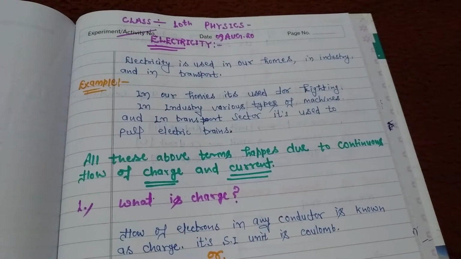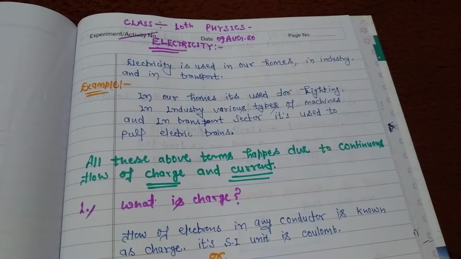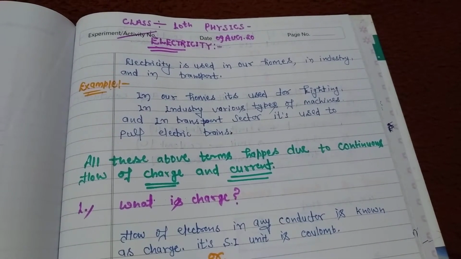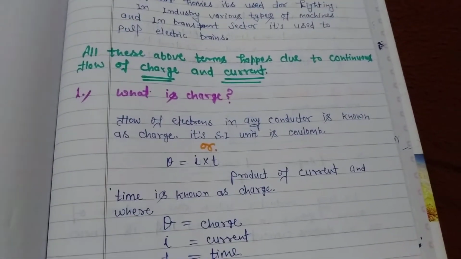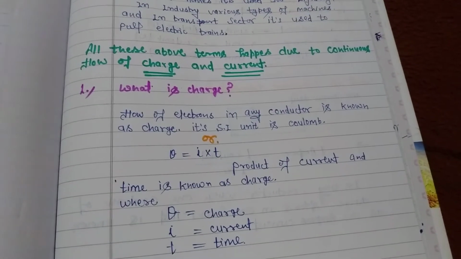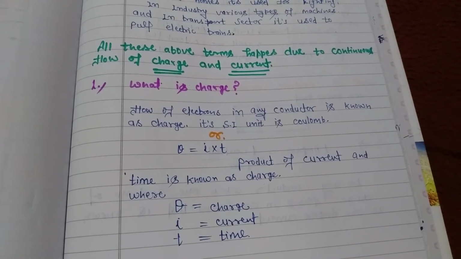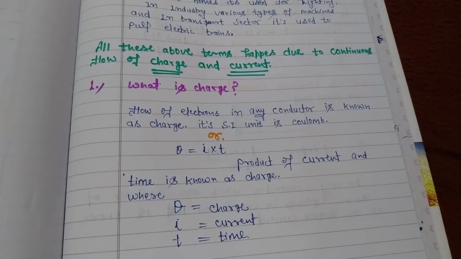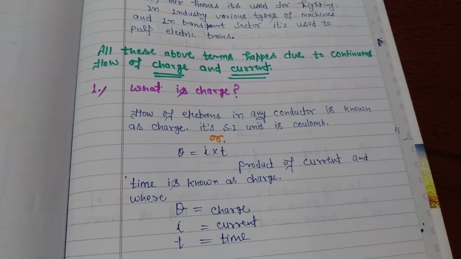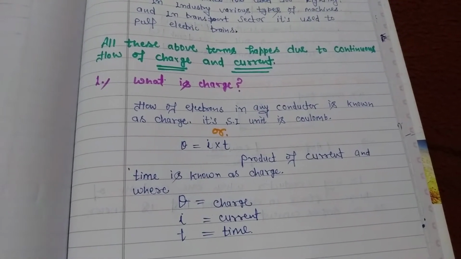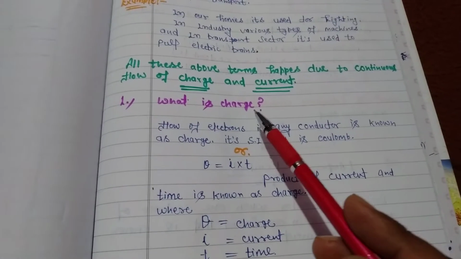My dear students, all these above terms are related to charge and current. So first of all, we will discuss what is the meaning of charge and what is the meaning of current. Dear students, let's discuss what is the meaning of charge. We can explain the definition of charge in theoretical and mathematical form. Suppose you get a question, what is charge? So in your solution you can write, flow of electrons in any conductor is known as charge and its SI unit is